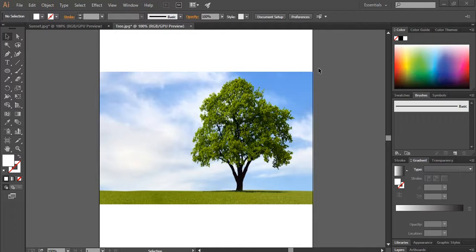Today in this video, I'm going to explain how to use a clipping mask in Adobe Illustrator, or how to crop an image in Adobe Illustrator. As you can see, I have an image of a tree on my screen. Let's suppose I want to crop this image and I want this tree section only, and that too in a circle shape. To do this, first of all, we would select the